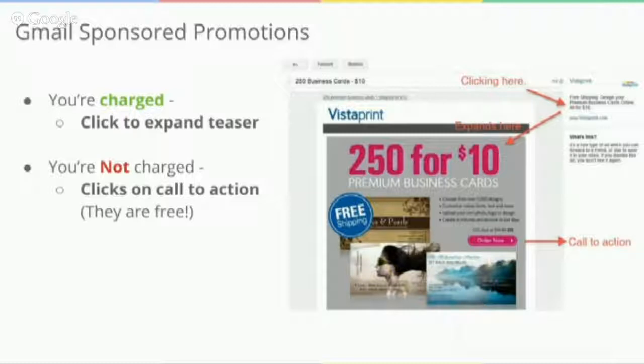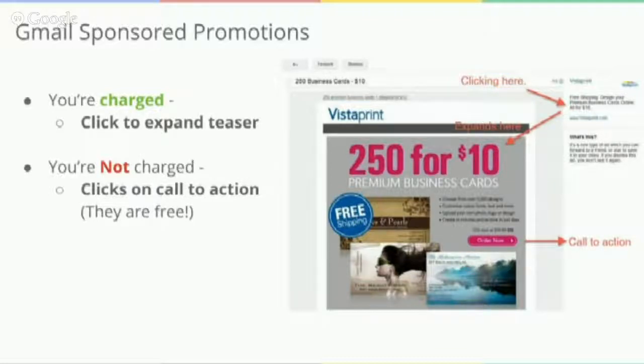What that actually does is expand the ad format. In the picture shown here in this presentation, you can see that clicking on that ad expands the window and we can see the full offer. Then there's another call to action within that expansion that users can click on. So the first click won't necessarily lead to a corresponding session, but the second one might.